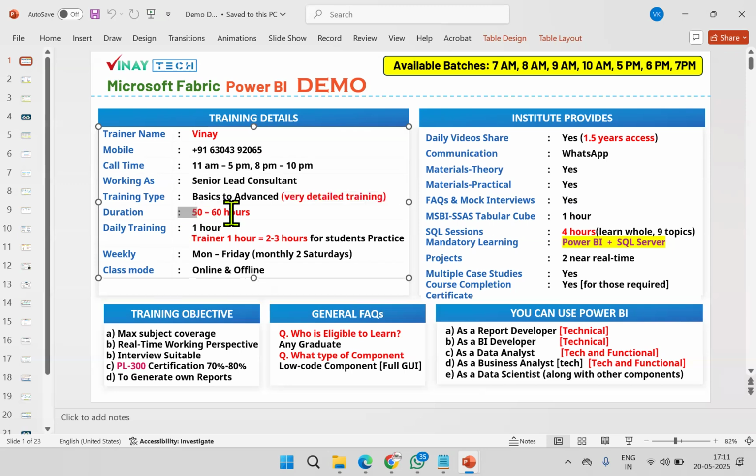The duration is 50 to 60 hours, daily 1 hour class. My 1 hour equals 2 to 3 hours of practice for you. Initially, you may feel like, why is the trainer not taking 2 hours per day so that it will complete early? If I take 2 hours, almost 6 to 8 hours in a day you need to spend time for practice, irrespective of your working experience and being an IT professional. Practice is practice